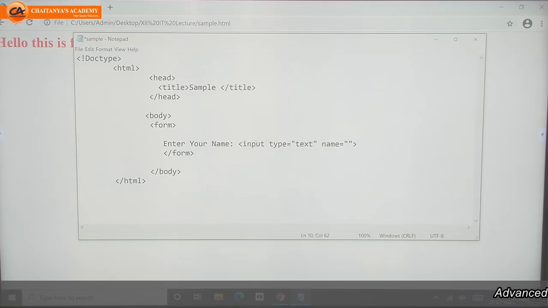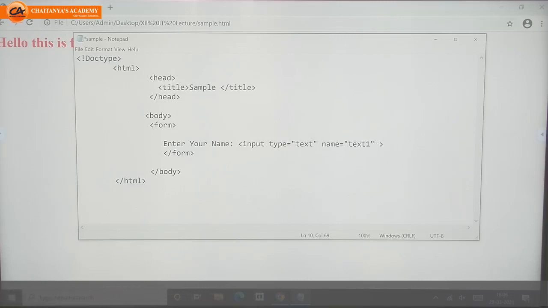What input tag am I going to display? Type is equal to text. Name is equal to any name I can give. This is used for reference in programming if I want. Otherwise, it will just hold information about this text.